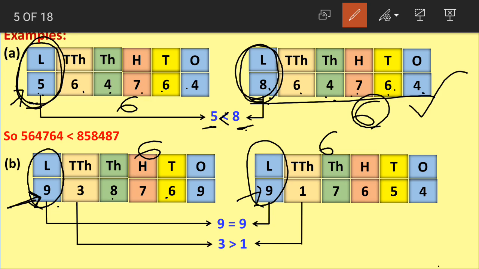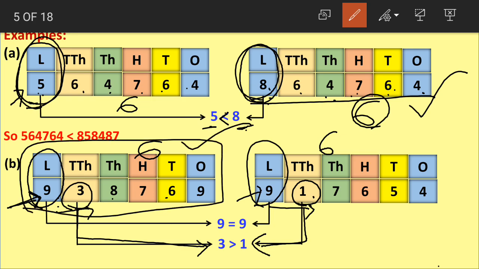So we cannot say which number is the highest by simply comparing these two nines at lakhs place. Now what will we do? We'll move on to the next digit. What is here after 9? We are having 3 after 9. And what about in the second number? We are having 1 after 9. See, now we should compare 3 and 1, which are the digits at the next higher place values. Which is the greater number here? 3 is the greater number. So this whole number becomes the greater number.